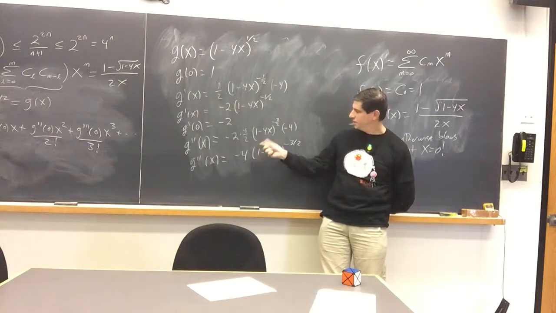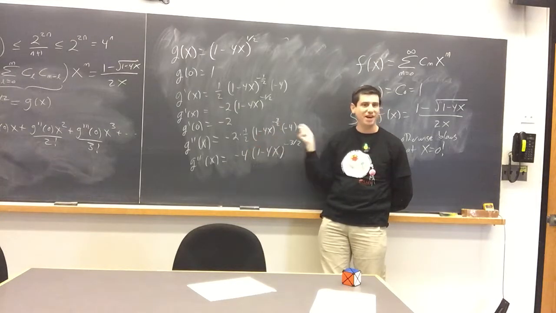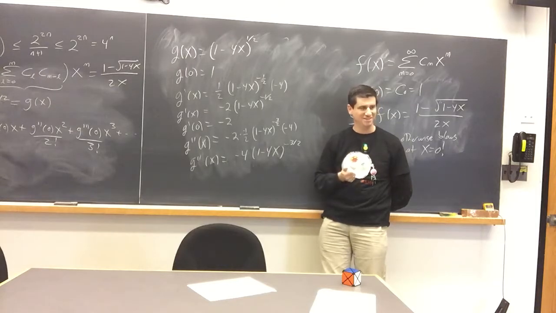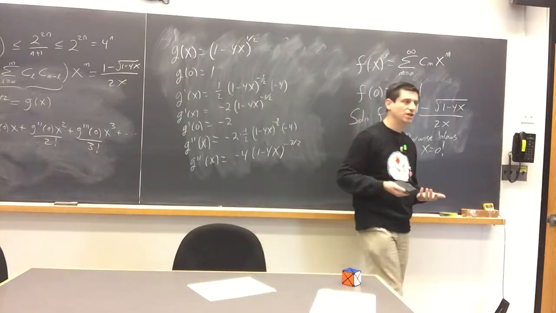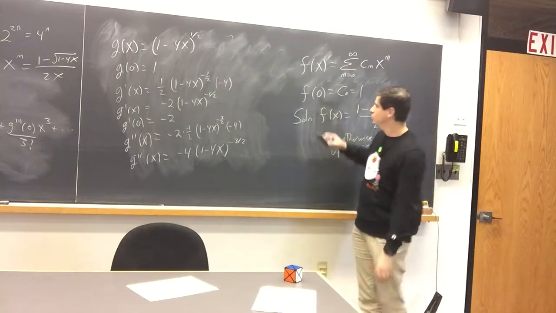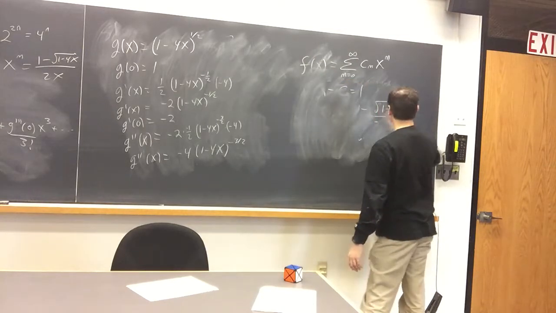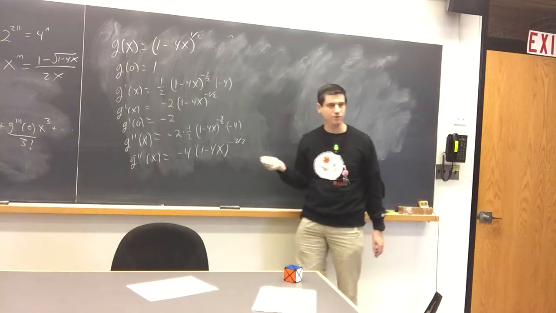Now what's interesting is we're going to pull down a 3. Then after we pull down a 3, the next time we're going to pull down a 5, then a 7, then a 9. What are these looking like? You will have 3 times 5 times 7. 3 times 5 times 7 times 9. What does it look like? It looks like a factorial, but it's not a complete factorial. So what I want to do at this point is I'm just going to give you some clues, and I'll let you either finish it on your own or read online as to how you would finish this.